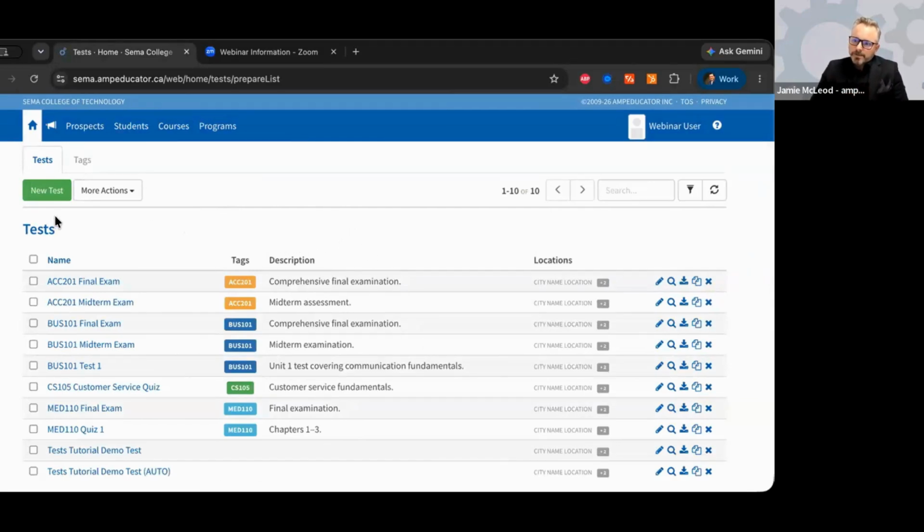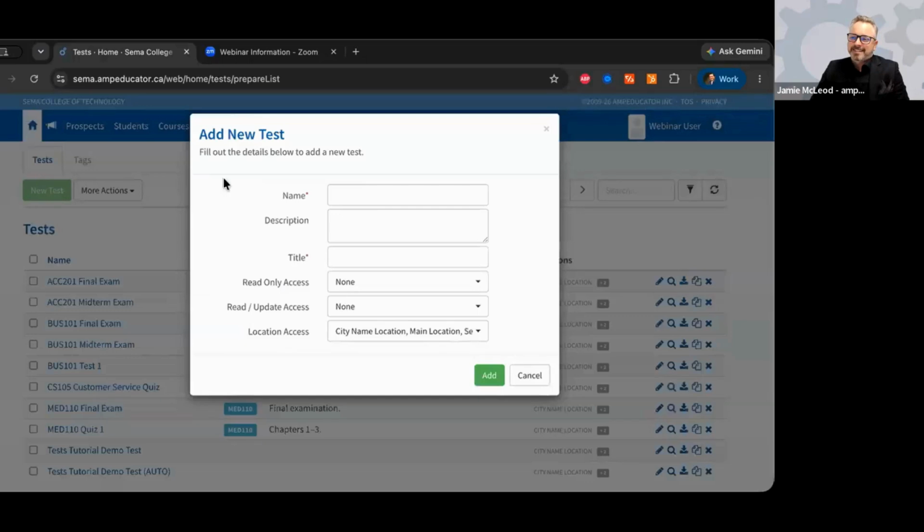And when you want to add a test using ampEducator, there's always a big green button in the right-hand corner. This one's a new test, and you can name the test, give it a title. So there's an internal reference and one that's displayed on the test, and access: read only, read update, and location access, because we support multiple locations within the same account. And once you do that,